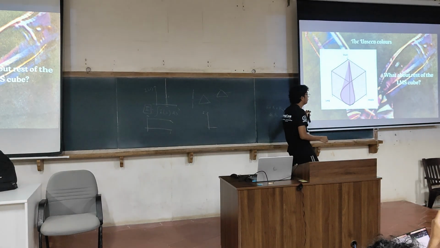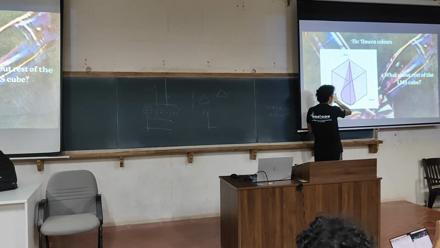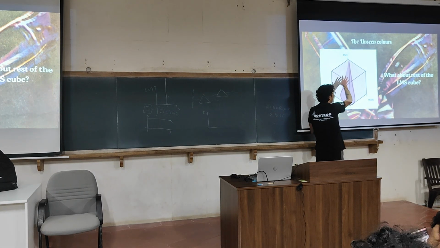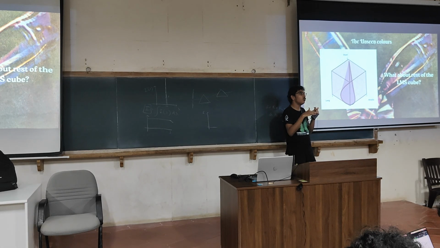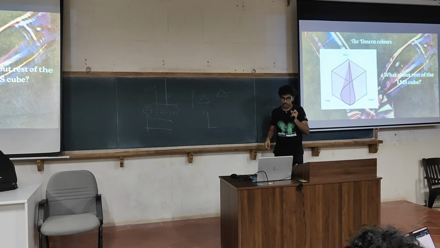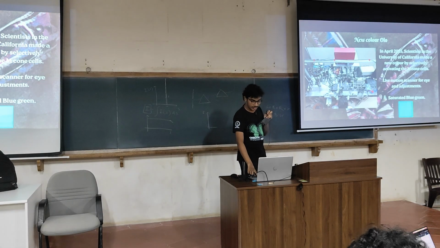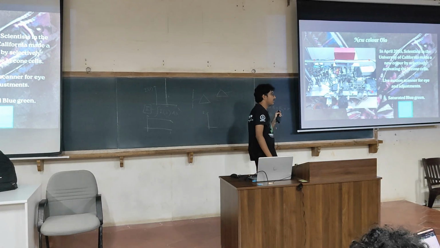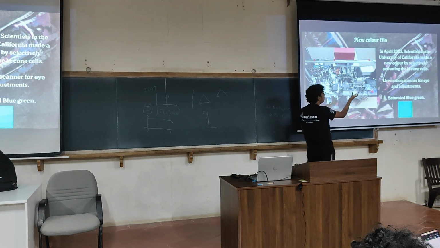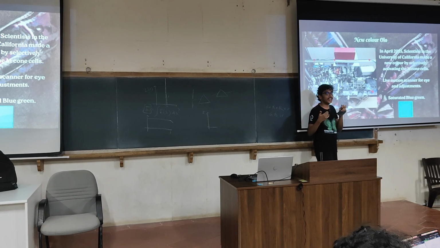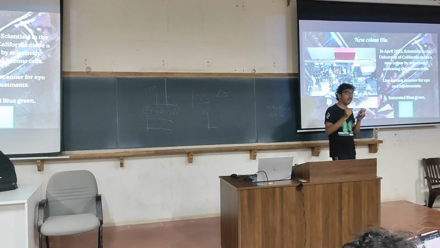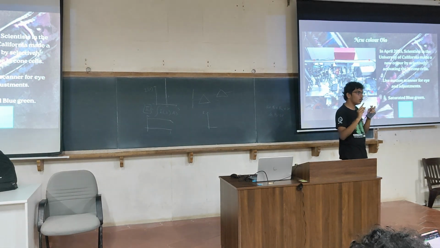As I said, all the colors that are outside the gamut, inside the LMS cube, correspond to colors that we can imagine, but which we don't see in our day-to-day lives, because our cones cannot be excited that way. So scientists at the University of California in April 2025 designed a setup. This experiment first analyzes your retina, and by analyzing it, finds the position of your L cones, M cones and S cones.